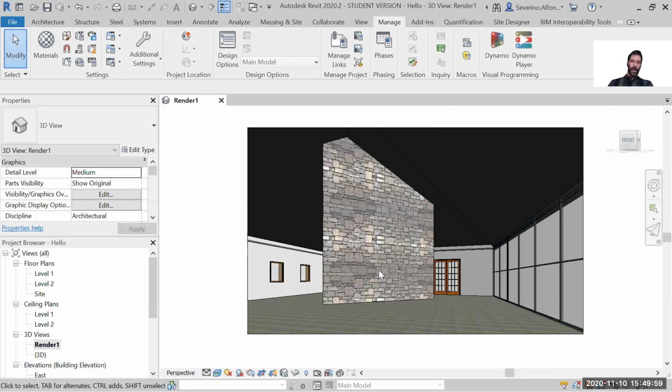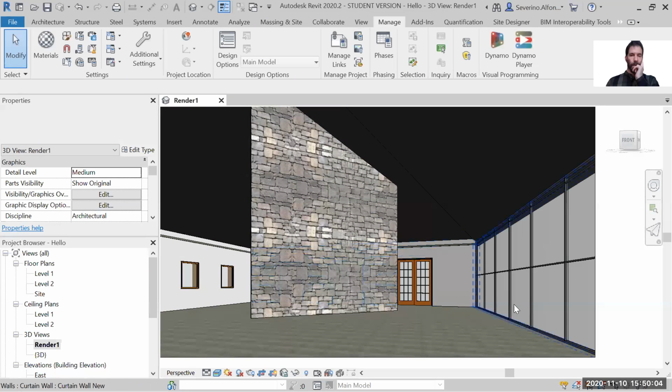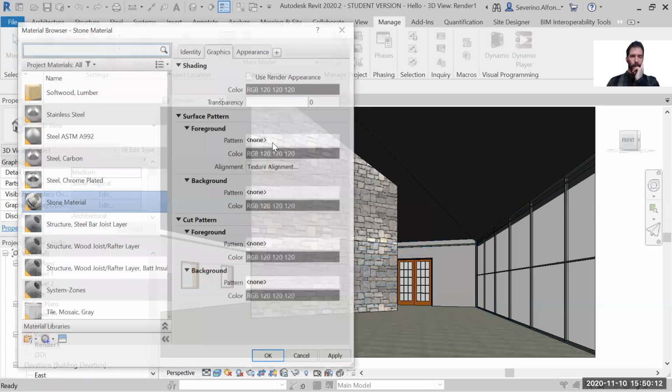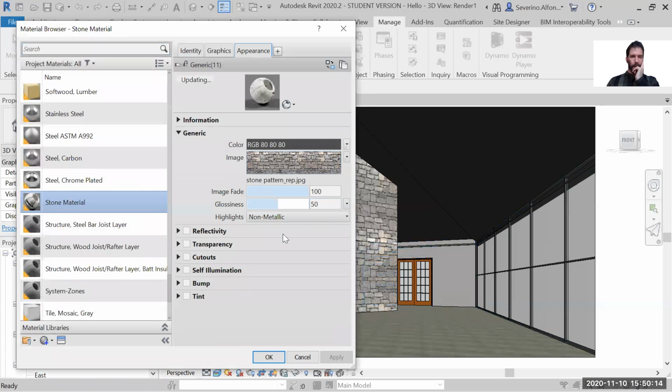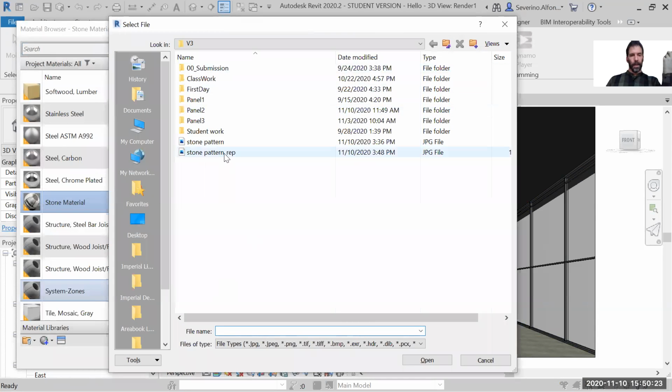Okay, you do see a little bit of the pattern, but compared to the previous model, this is actually much more convincing. No? Then with shadows and reflections and so on, you could actually make it look quite nice. In that regard, you can always go to appearance, and this is another element, especially for very highly textured materials. It is important to add a bump, and normally bump is best when it's a black and white image, but